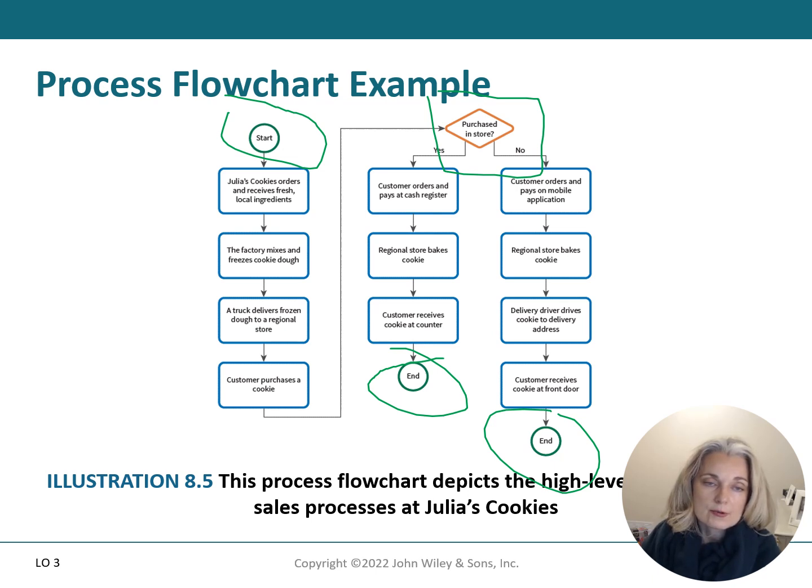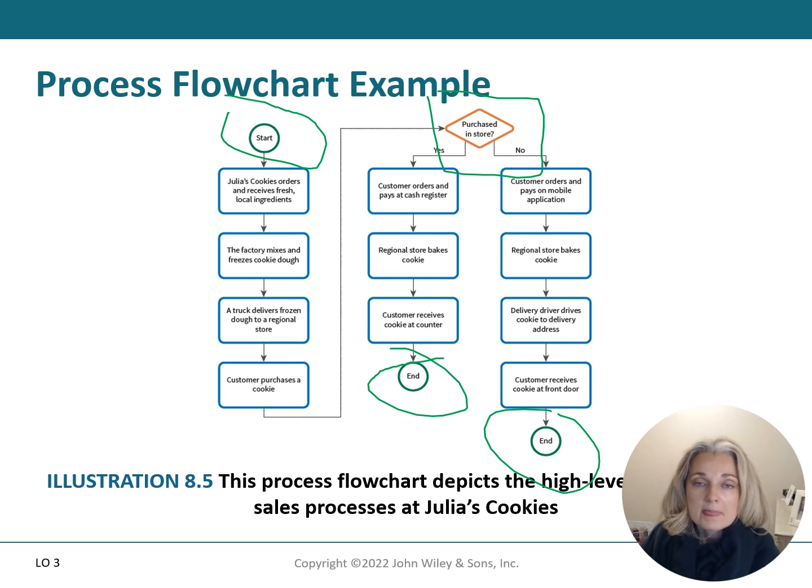Julia Cookies orders and receives fresh local ingredients. The factory mixes and freezes cookie dough. The dough is put on a truck that delivers it to a store. And now we have a customer purchasing an order. And this is our decision point where we ask the question, is the order placed in store or is it